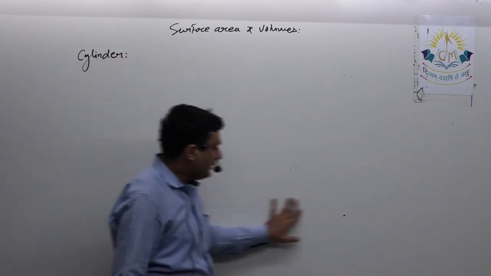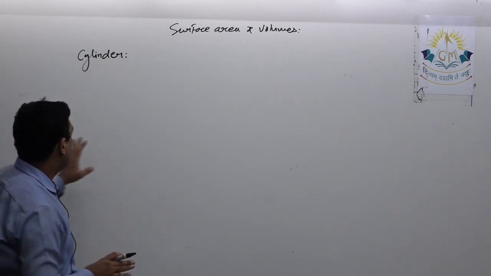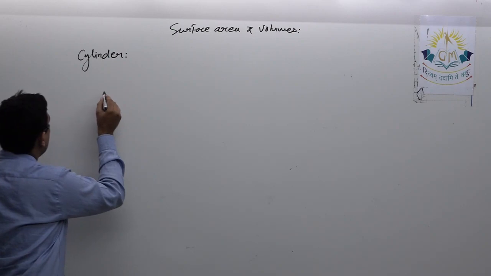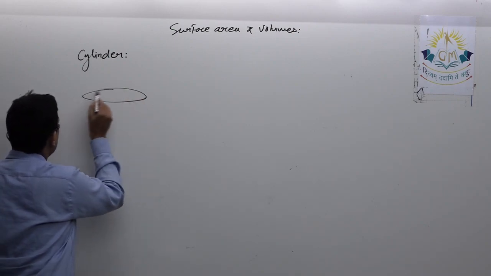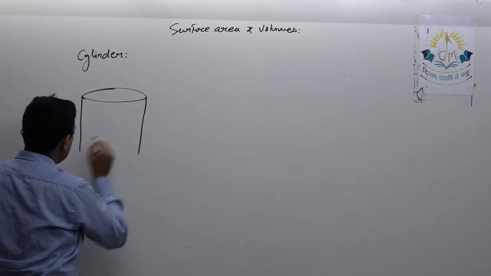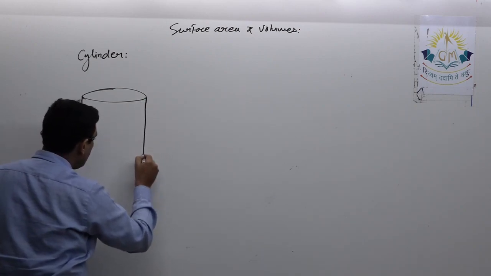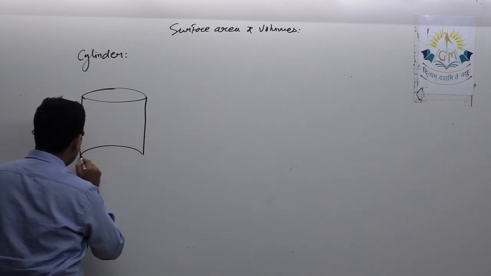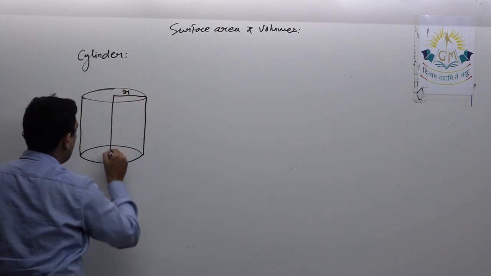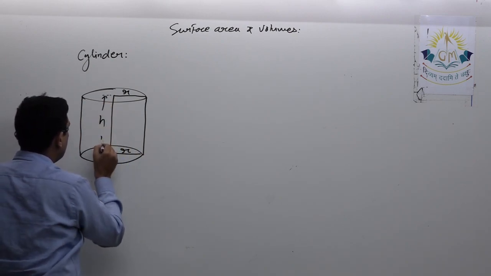Okay, now cylinder, we can say if a rectangular sheet is rolled, then the shape we will get is a cylinder. Something like this we can say a cylinder is. I can say this marker is exactly in the shape of a cylinder, almost. The tube light is a cylinder. So this is the cylinder. Now this cylinder has radius r, radius of its base is r, or radius of the circular portion is r. This is its height h.